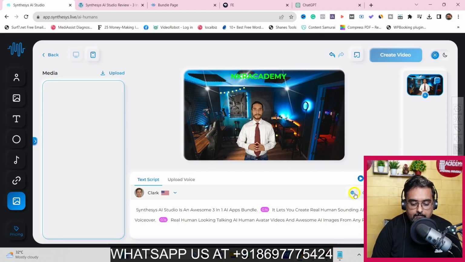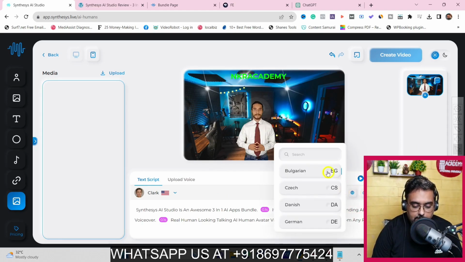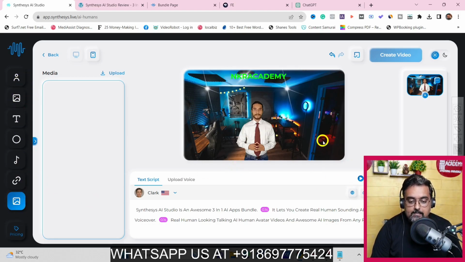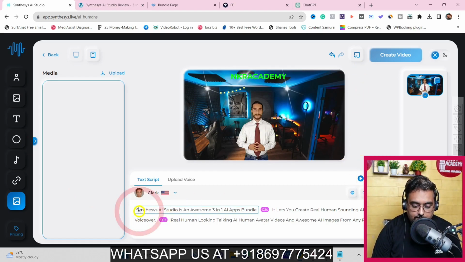And in here, we have an option to translate it as well. If you want to translate it, you can do that. If you want to maybe increase or decrease the speed, you can do that. If you want to actually go ahead and change the pitch of it, you can do that. If you want to add a pause, you can do that as well. So all of that is doable, right? And I've already shown you how to actually play around with all of these elements, right? So once that is done, all that we need to do is click on the start of things and click